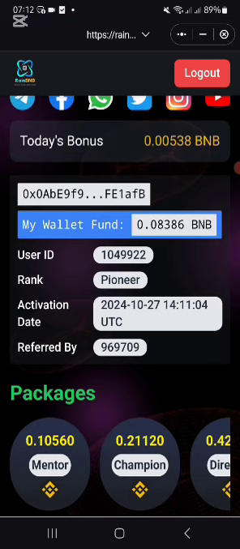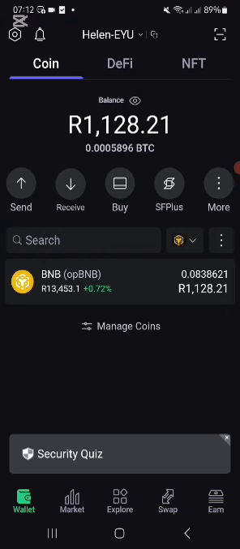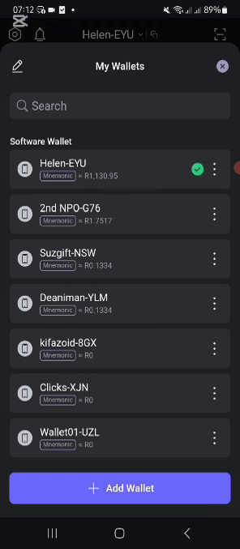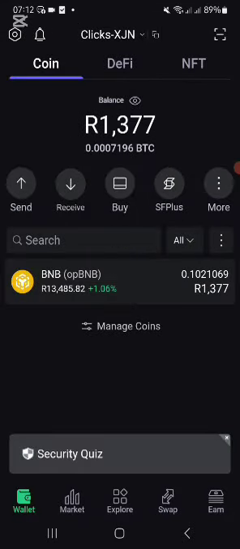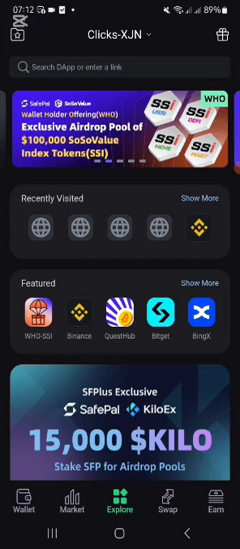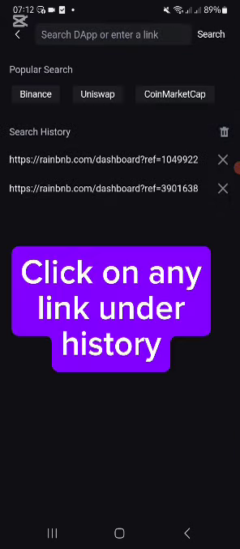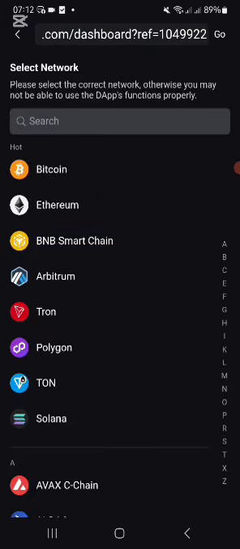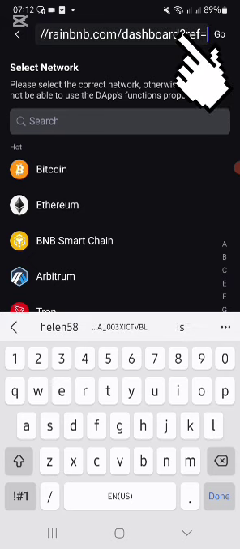I'm just going to do another one. I have time. So I'm going to close the whole of SafePal, go back in and then do my second wallet. Let me go to this Clicks wallet. I'm going to explore, go to the search tab. You see now there's two wallets there because those two are already linked. So I've got to click on mine, but change my number to Clicks number.